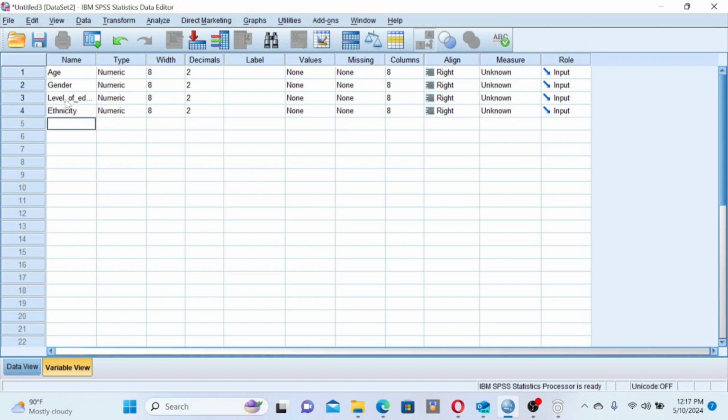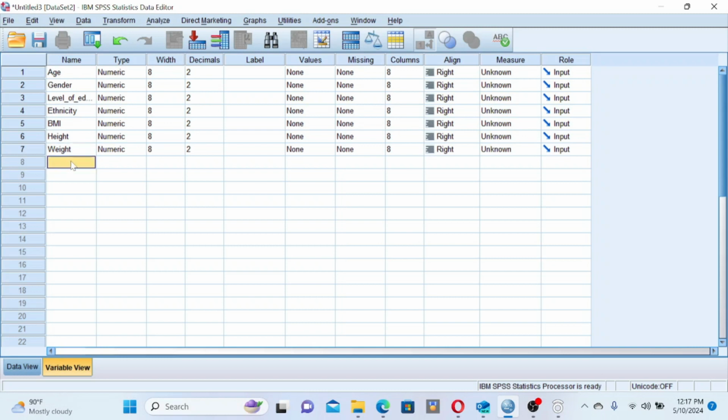I could give, let's say, the person's BMI. Maybe I could also measure the person's height, and obviously the BMI will come from the height. I could measure the weight of the individuals, and all these are either demographic or anthropometric measurements that you are giving to the participant. And there are other variables you could also assign depending on the questionnaires that you have. Now, for instance, if I have done all these, then the next thing I want to do, so for instance, I could also give weight, I could give, let's say, satisfaction,